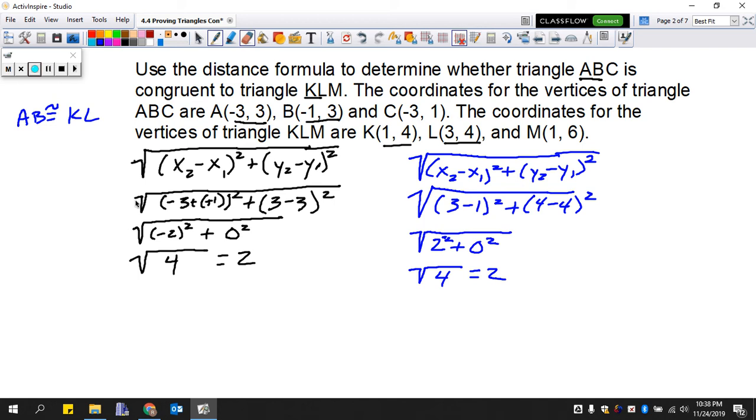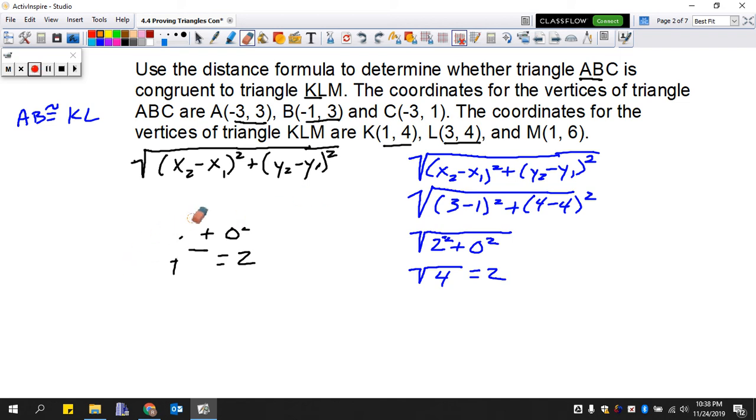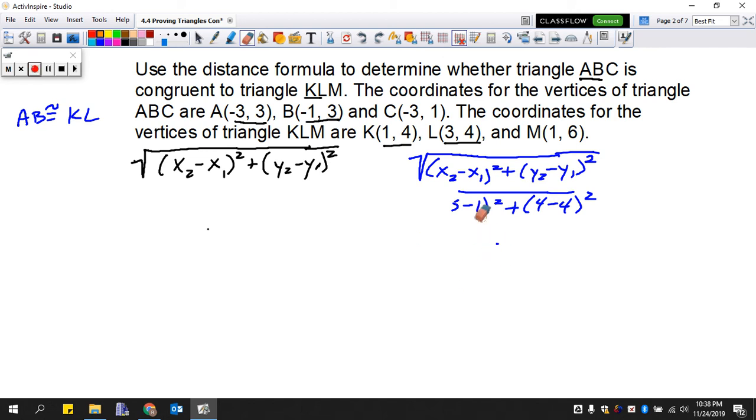Now this is a little bit work intensive to do using the distance formula, but we have to work our way through it. One of the ways that we can possibly do that is by using our graphing calculator, rather than doing everything by hand. So if I pull up my graphing calculator,